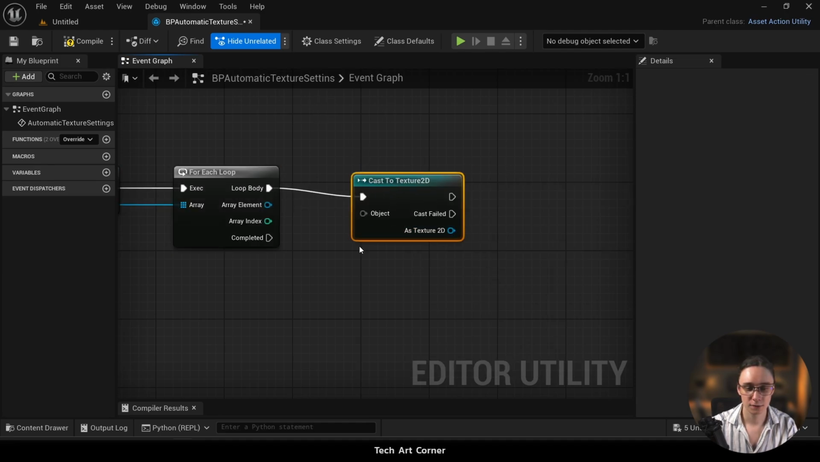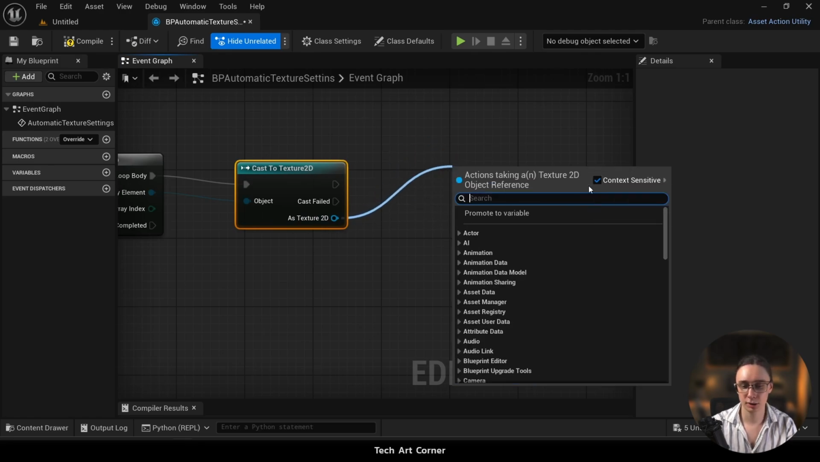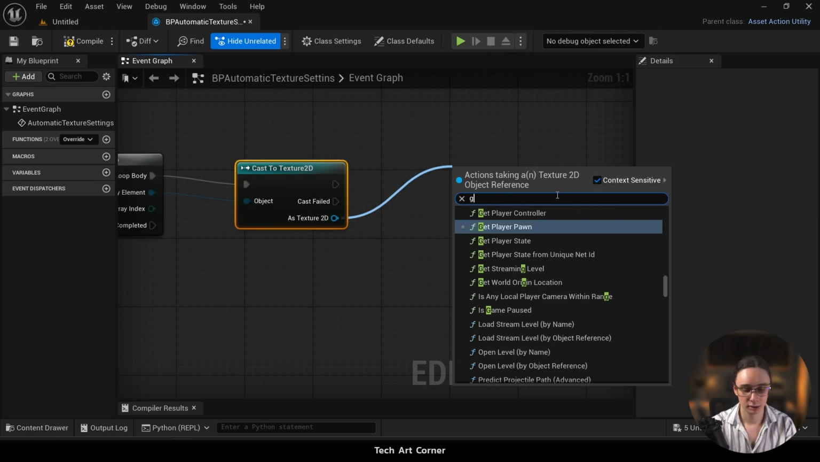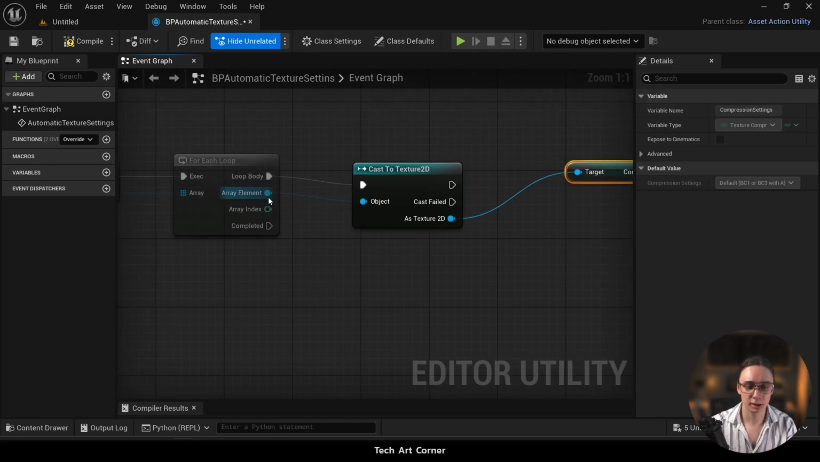And if we use this as texture 2D, then now we know that this is texture to the object. If we go back to array element, we only know that this is an object. And it already makes a difference when we are working in graph. It's not just influencing how the code works, it also influences our work, because if we try to make some node connection from here and place a new node, we have this context sensitive enabled, and we could, for instance, try get compression settings, and we would get a nice hint. But if we did that on this array element,